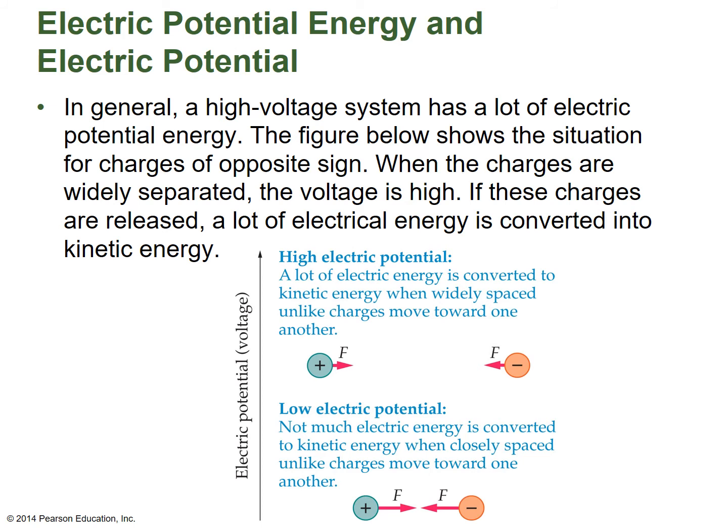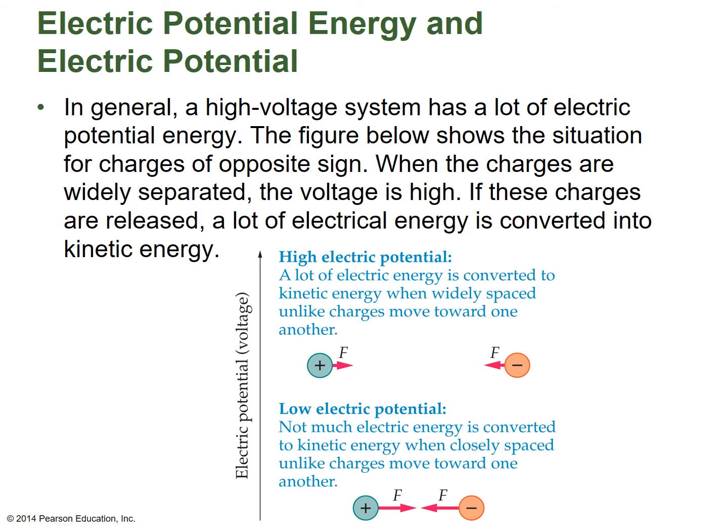The figure below shows the situation for charges of opposite sign. When the charges are widely separated, the voltage is high. If these charges are released, a lot of electrical energy is converted into kinetic energy. So if we have a positive and a negative charge far away from each other, and you release these two charges, they will be attracted to each other, so the potential energy stored in the system will be converted